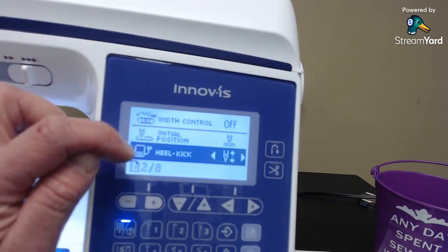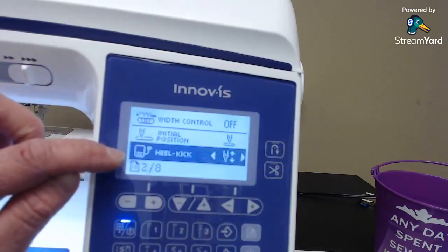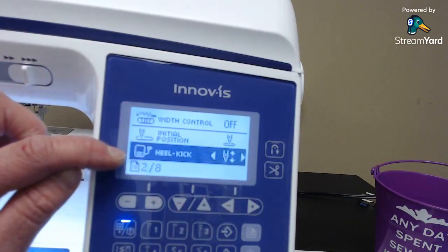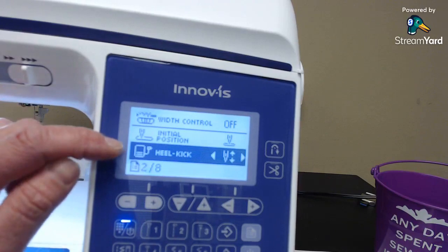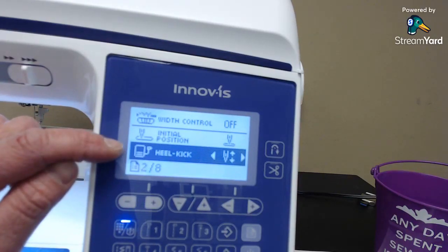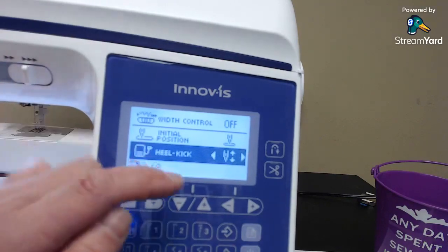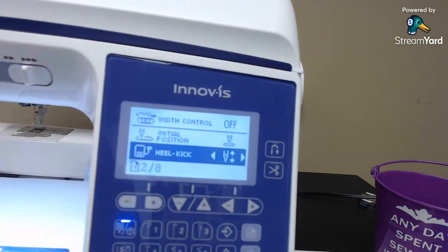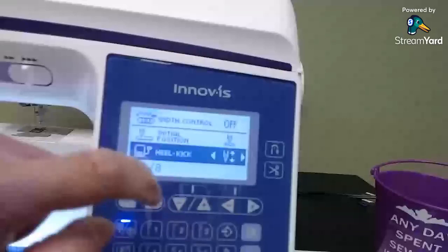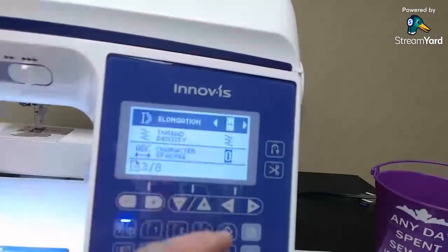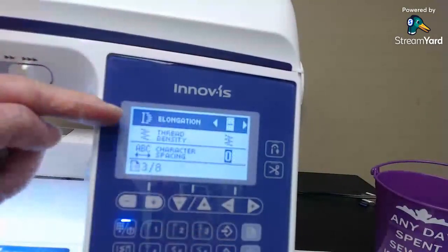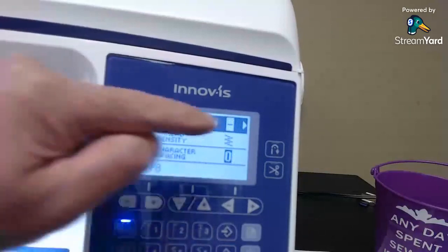It's kind of cool. And it will show up there once you have plugged in the foot controller. So it wasn't there yesterday when I got this machine ready to bring back. And I thought, oh, I got to plug in the foot controller. So I plugged the foot controller in, and now it lets me set up the different options. Okay. So again, down arrow to get to the next one. You turn it black. Okay, these are all sewing